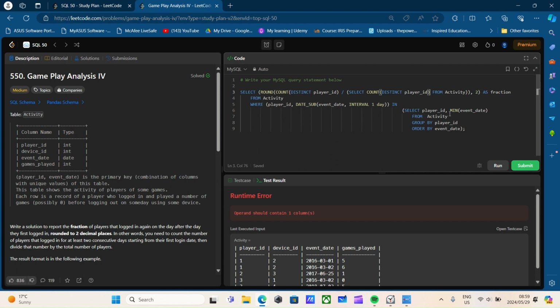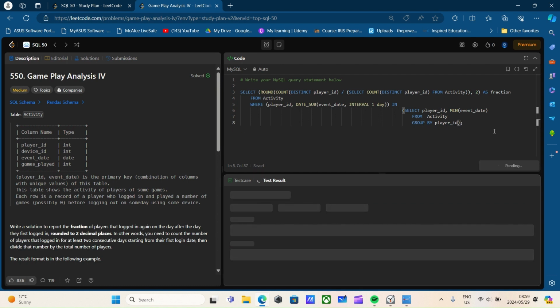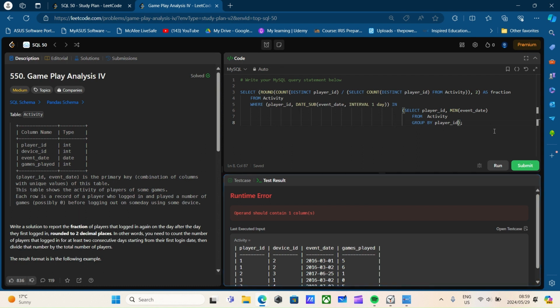It's not an ordering issue. What if I were to remove that? That can't be the issue, but no harm in trying. Operand should contain one column or columns. Ambiguous warning, isn't it? From activity where player ID